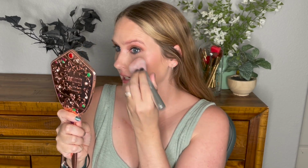We are going into the Dior Rosy Glow in Pink Lilac Blush. This is their newer one. And I just don't know if I like this one. So that's why I wanted to use it during this video. I think it's very light to the point of it almost being really difficult to see. So I don't know. I don't know. A lot of people like it. I don't dislike it. It's just,